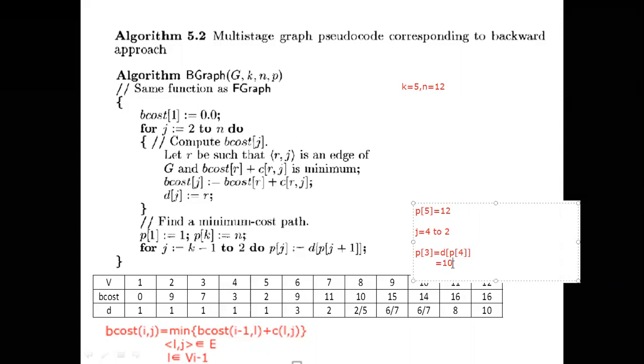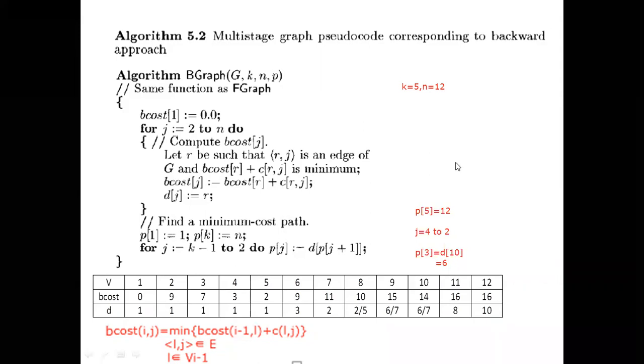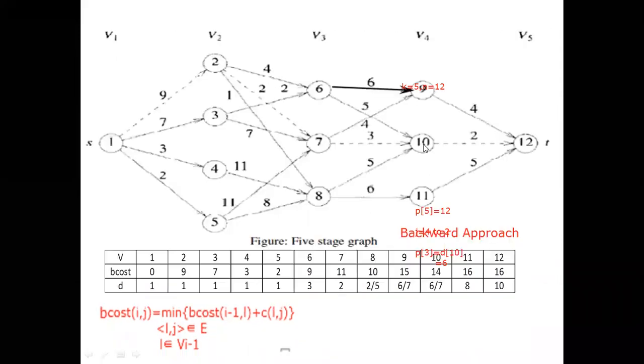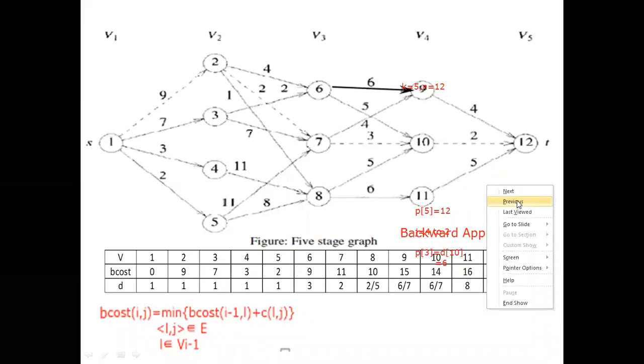What was P of 4? That is only this 10. That means P of 4 I should replace with the 10. That is previous finding value we have to replace. Very simple term. What is D of 10 value? This is 10. D of 10 is 6 or 7. Right? First path only I will write. It will be coming as 6. Right? Now we can go to the previous slide. Here next we got it as 6. Like that it is going to do.